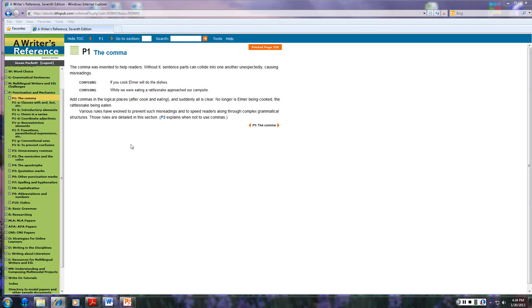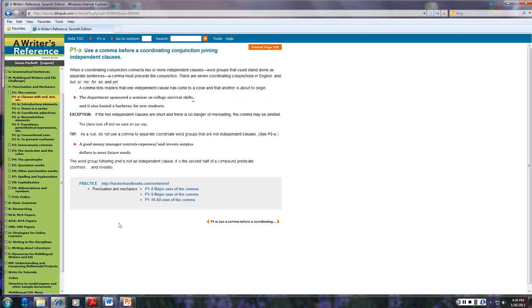First of all, a comma lets the reader know that there is a pause. It lets the reader know when they need to look at things differently. Stop, pause, end of part of an idea, beginning of the next. So let's look at when we use them. We use a comma in between